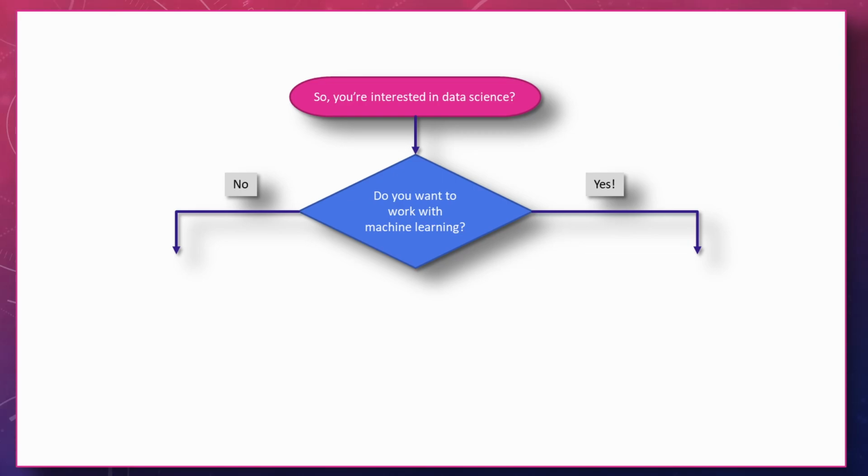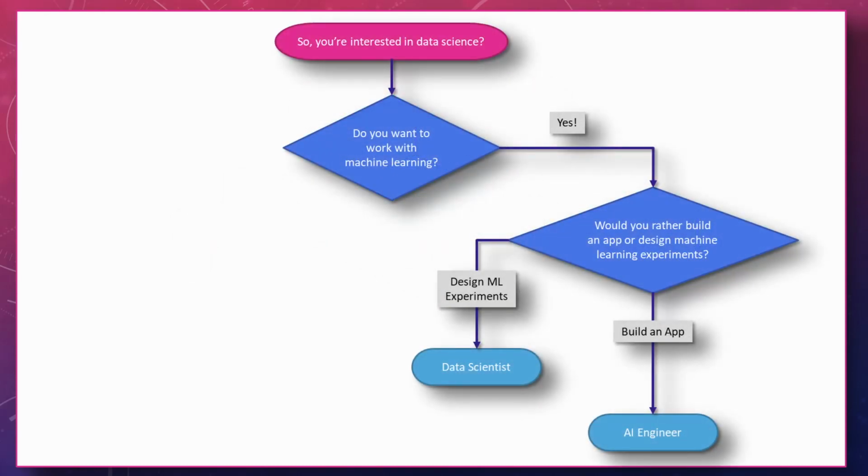Hopefully that's helpful. The other thing I have for you is a little flowchart, and this flowchart can be handled with a series of questions. First of all, do you want to work with machine learning? You want to be in data science, sure, but do you want to work with machine learning? If you do, you're probably an AI engineer or a data scientist. So the question you have to ask yourself is, do I want to be the one building and training the machine learning routines? If that's you, then yes, you want to look into data scientist as your role. Now, if you'd rather take those machine learning algorithms and consume them, use them to build an application, you should check out AI engineer, because that's what that's all about.